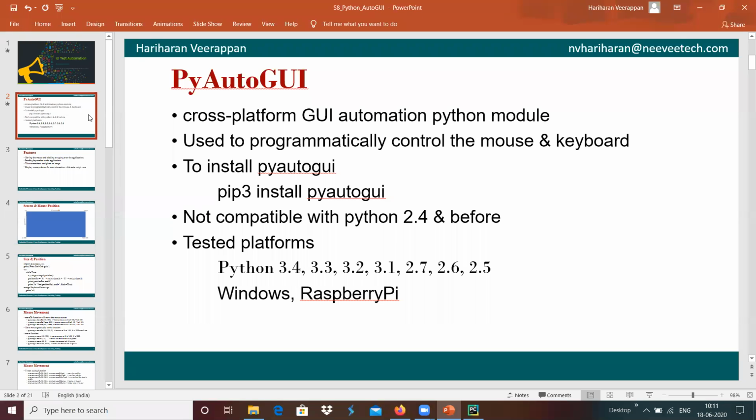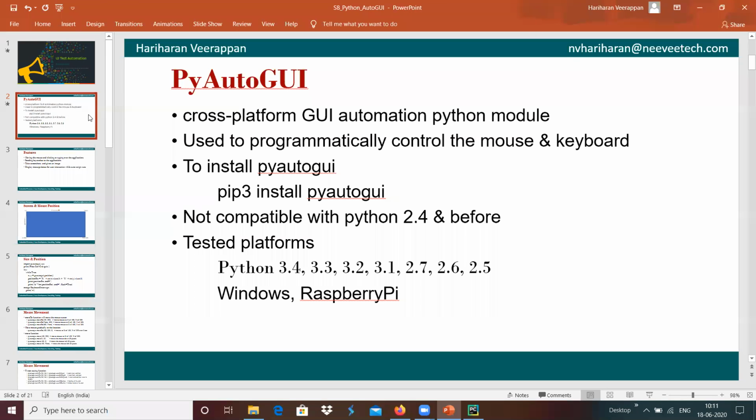In order to install PyAutoGUI, we can use pip3 install PyAutoGUI. Support has been added from Python 2.5 and above, and versions before that are not supported.